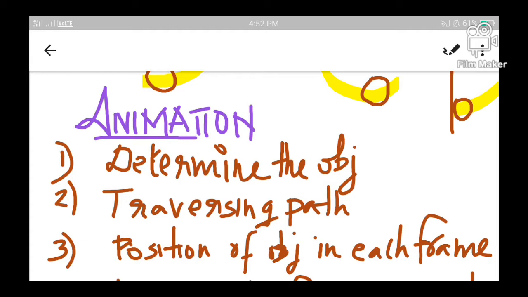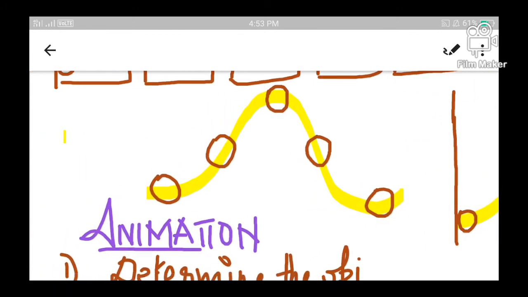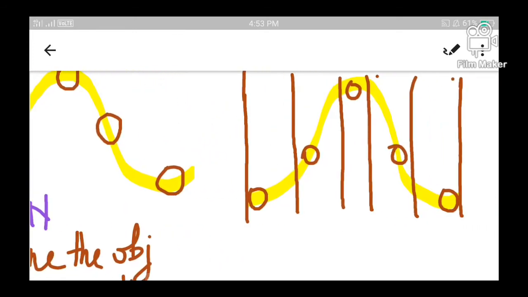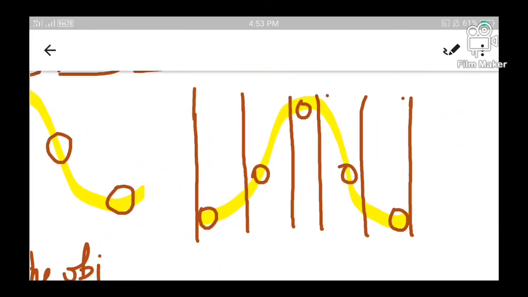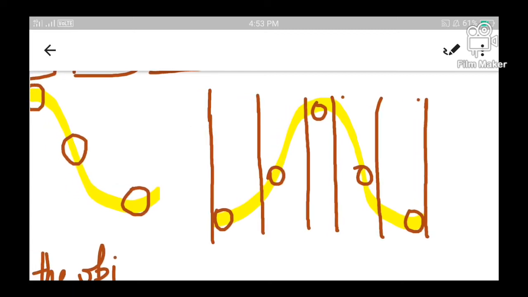Step number 3 says that we have to identify the position of the object in each frame. What is this frame? Let us learn it. As I have already told you, this is the path through which the object travels. Once we have identified the path, let us split the whole scene, the whole path, into certain sections.